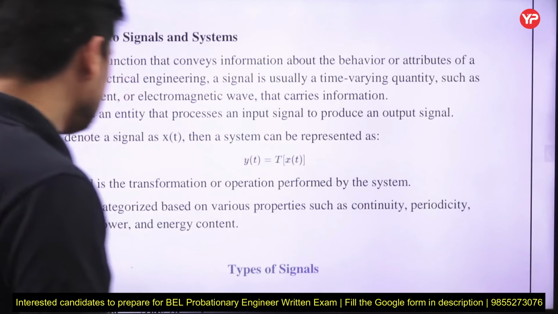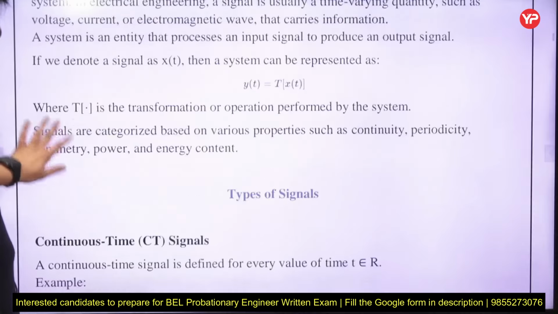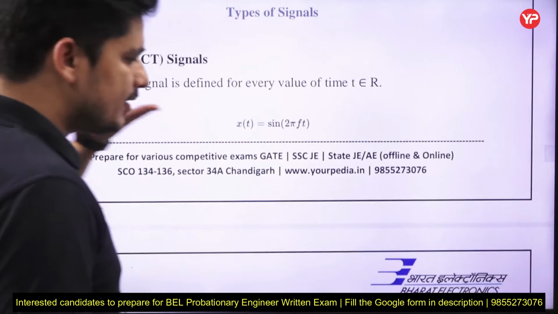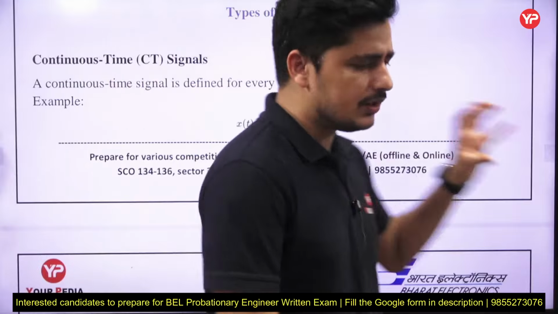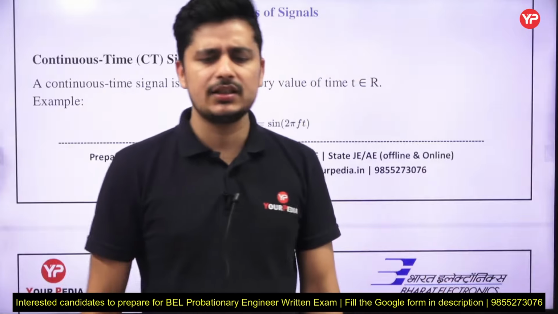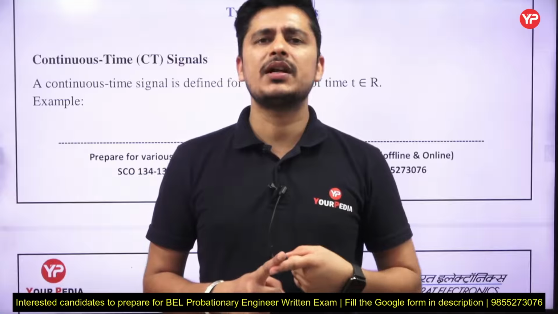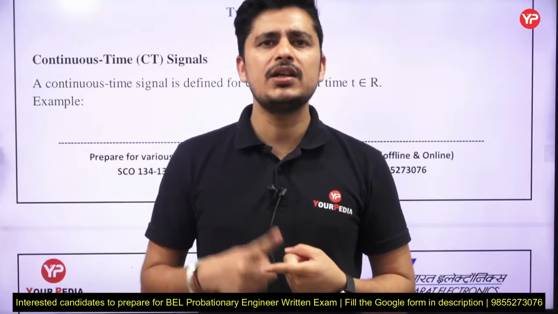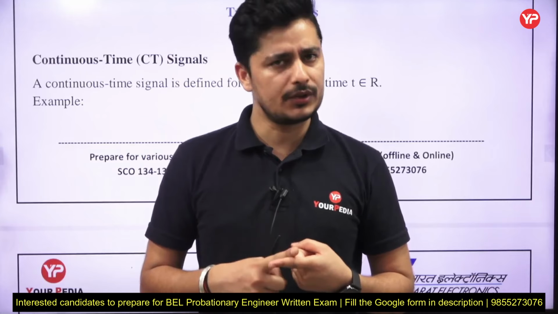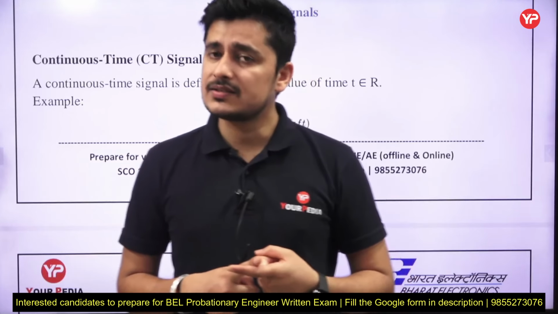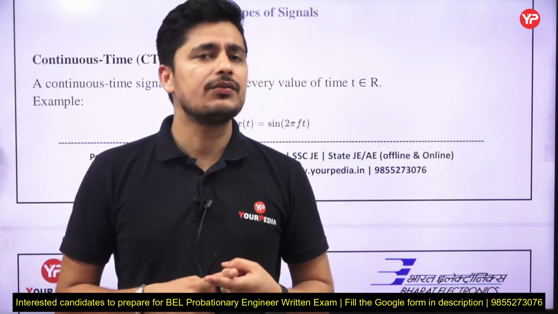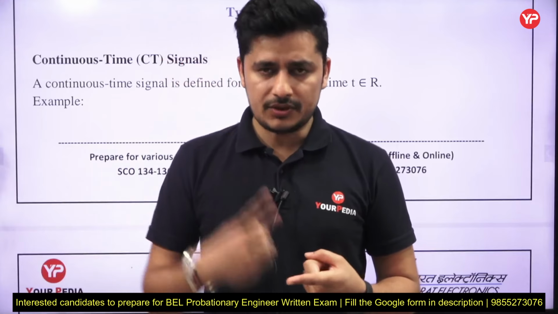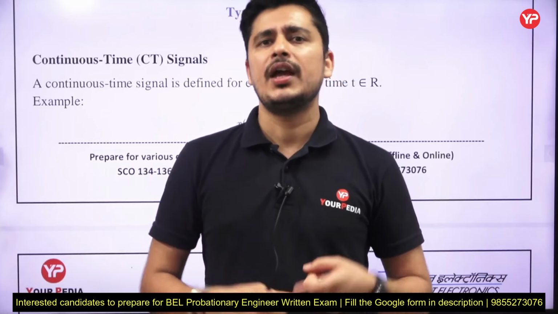Okay. Next is types of signals. Basically, we studied that a signal is nothing but something that conveys information. One more thing you have to remember: a signal is not only a function of time. In signals and systems we generally study signals which are functions of time, but it is not necessary that every signal is a function of time. They may be space coordinates, right? A signal can be a function of time, space coordinate, or any other quantity.